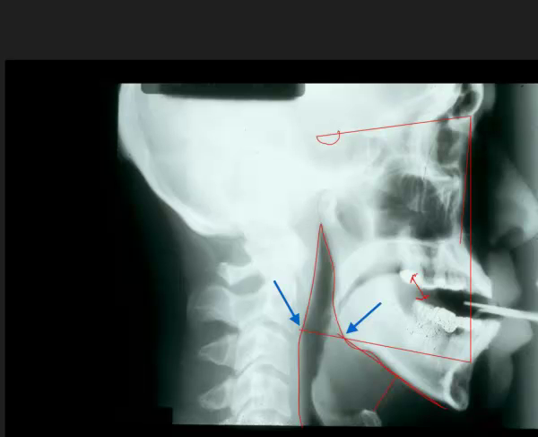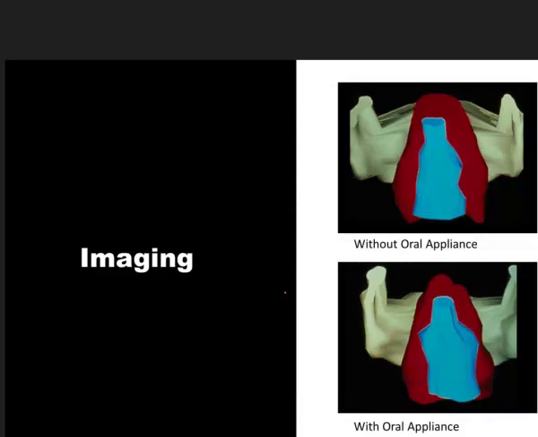Unfortunately, well, fortunately, I suppose, we breathe through a 3-dimensional space. This X-ray obviously is 2-dimensional, and on this particular view, we see a much larger airway space. But let's look at things like this in 3 dimensions. These days, with MRIs and cone beam CTs and CAT scans, we can visualize body parts in 3 dimensions. So this image here is a reconstruction from an MRI, and